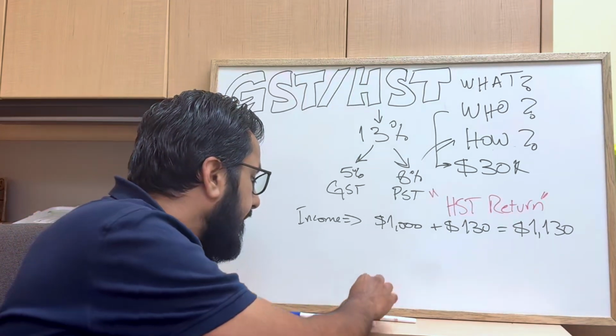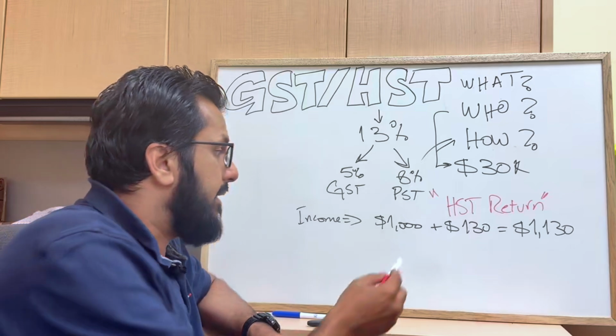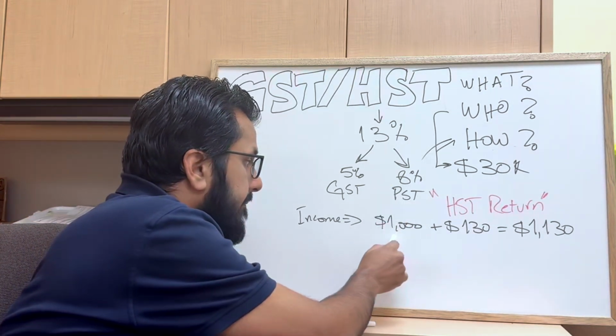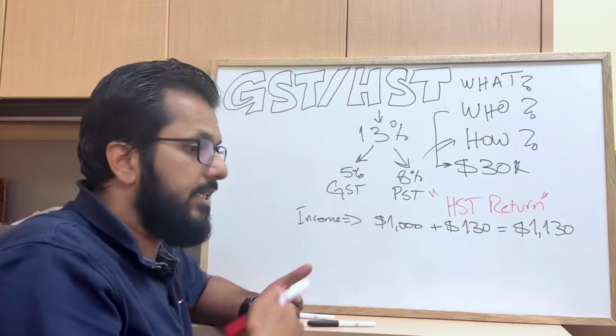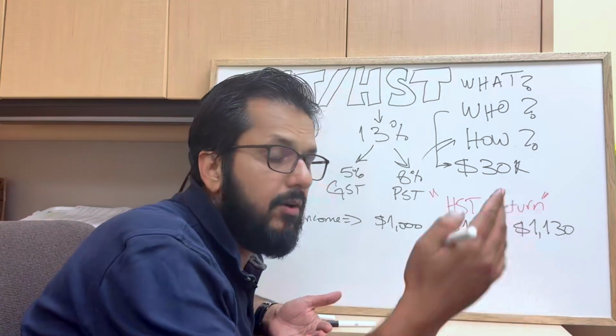Now the important thing is that this $1,000 is your income. This $130 is the HST that you charge to the client, and your client is going to write you a check or send a payment of